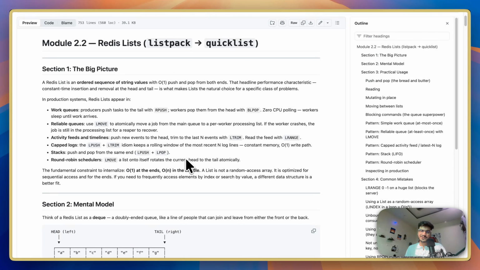Hi, have you ever used Redis lists in production? If you're using Redis heavily in production, you might be using it as stacks, as queues, for your worker queues, for your activity feeds, for your round robin scheduling, right? Even if I give you one example of mine, we are using Redis a lot in production, and we